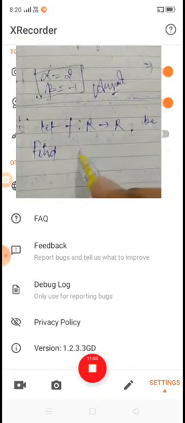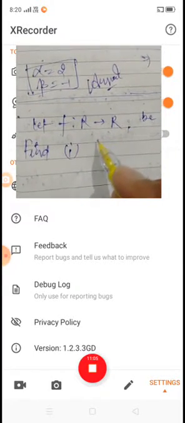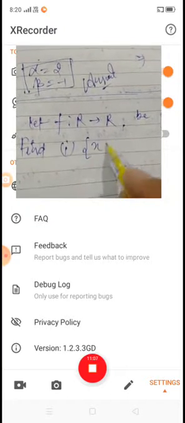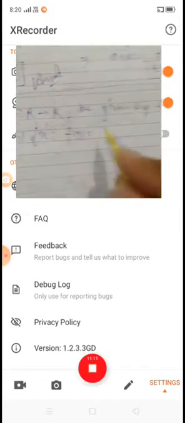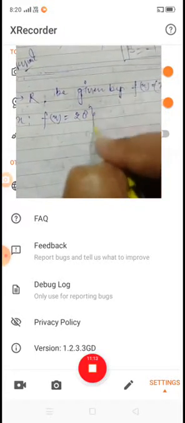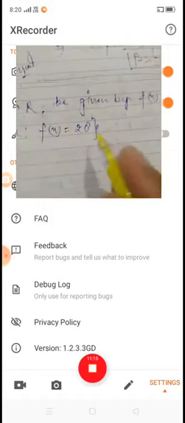Find first, the point x such that f of x is equal to 28. And second one,